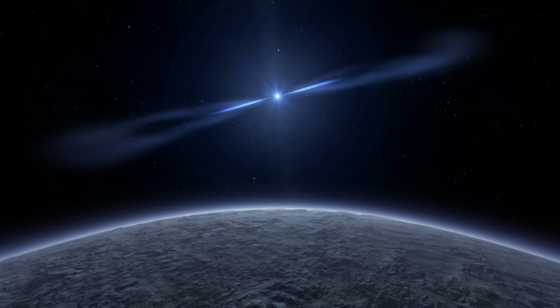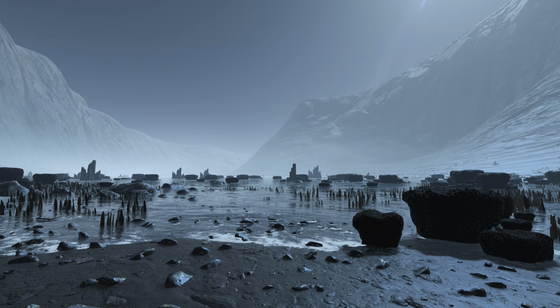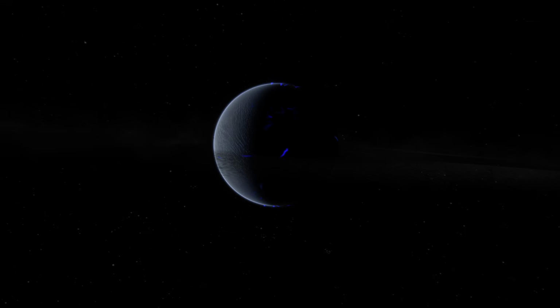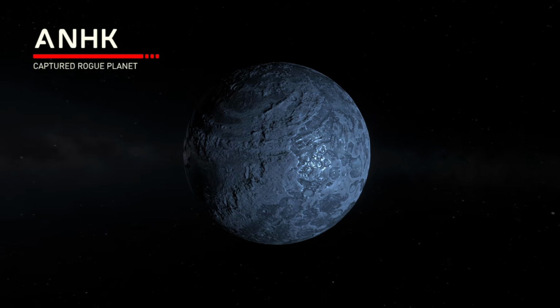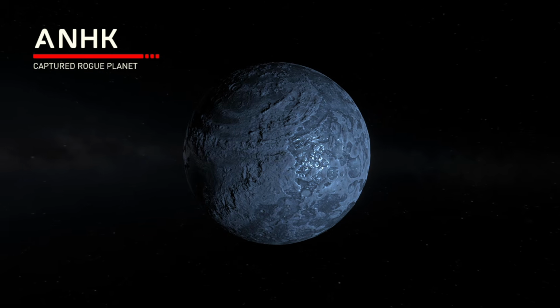Within some of its canyons, you may find an oasis with liquid lakes or rivers at the bottom. Its magnetic field protects the atmosphere from some of the radiation from the pulsar, leading to magnificent glowing indigo auroras in its sky. The last planet is Ankh, which is a smaller planet than the others at only about 0.19